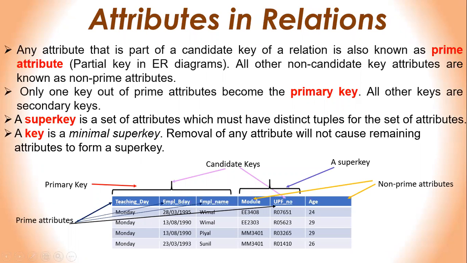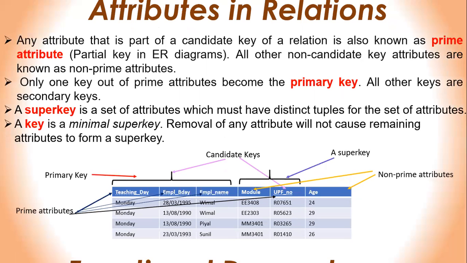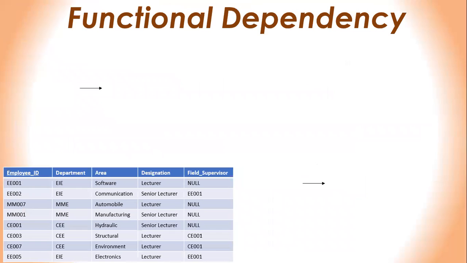So I hope you understood the concepts of keys and super keys. So for super key, the condition is only distinct tuples, but for key, it is also distinct tuples, but it is the minimum combination of attributes like this. You cannot have non-prime attributes. Only the prime attributes can combine to form a key, right? Okay, so that is some definitions about keys, super keys.